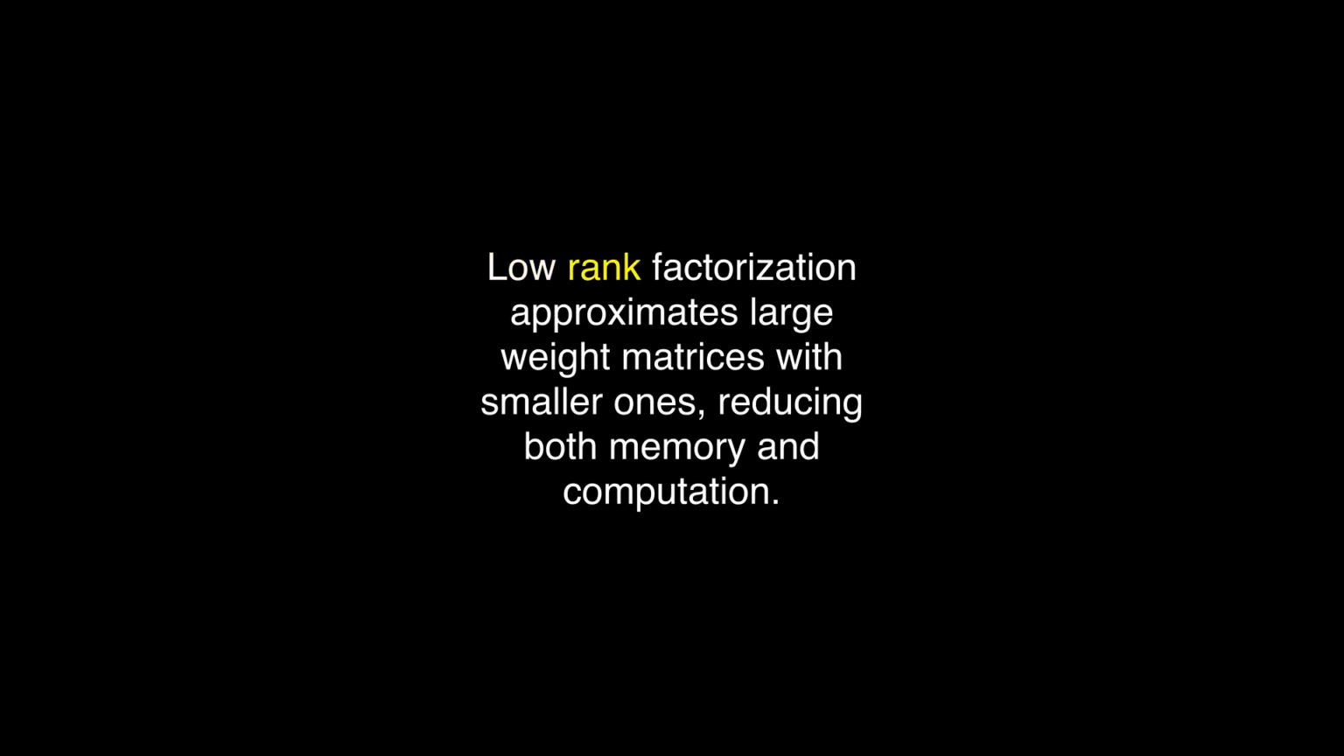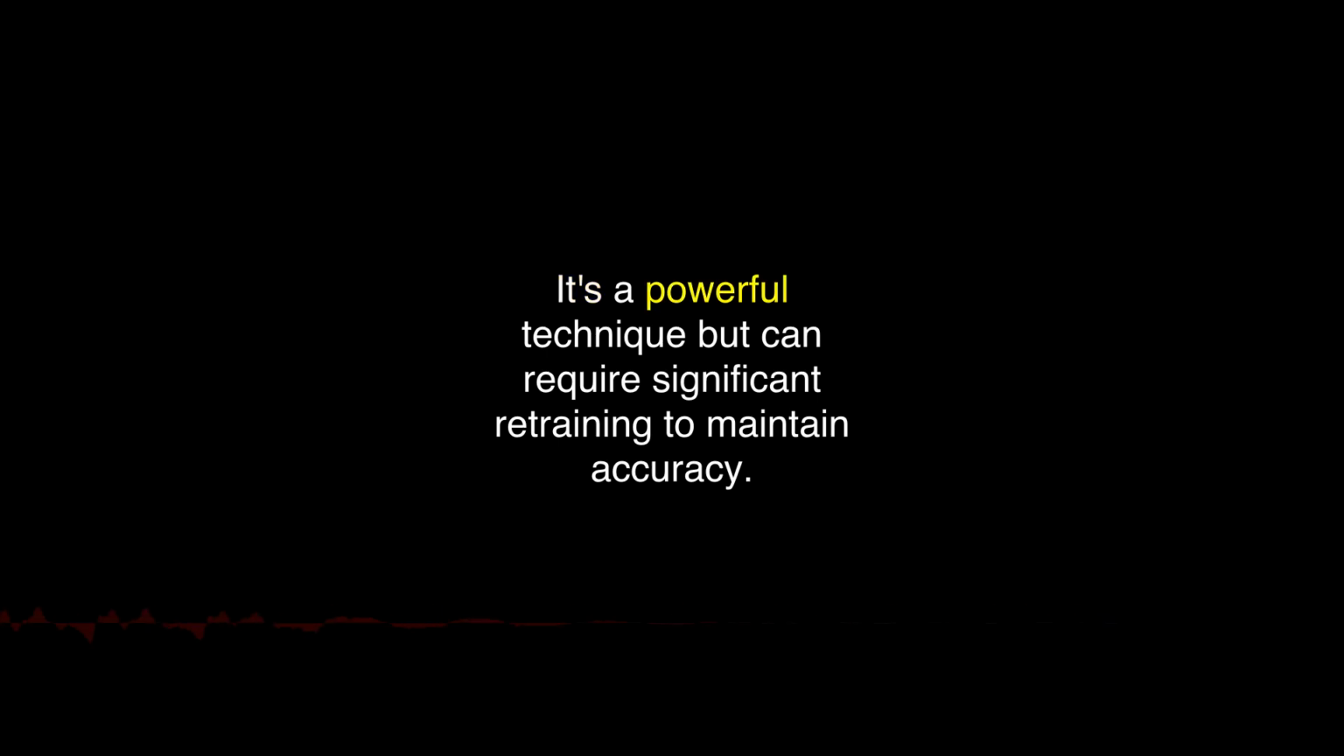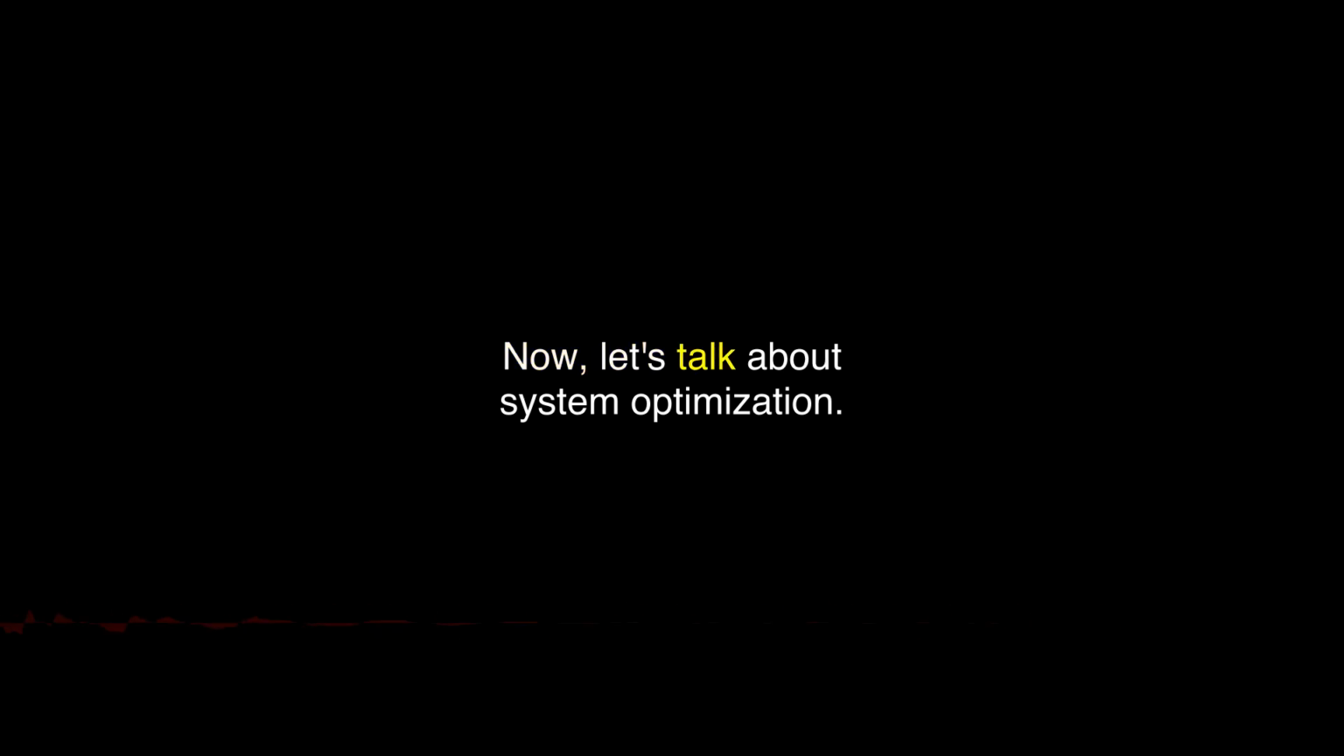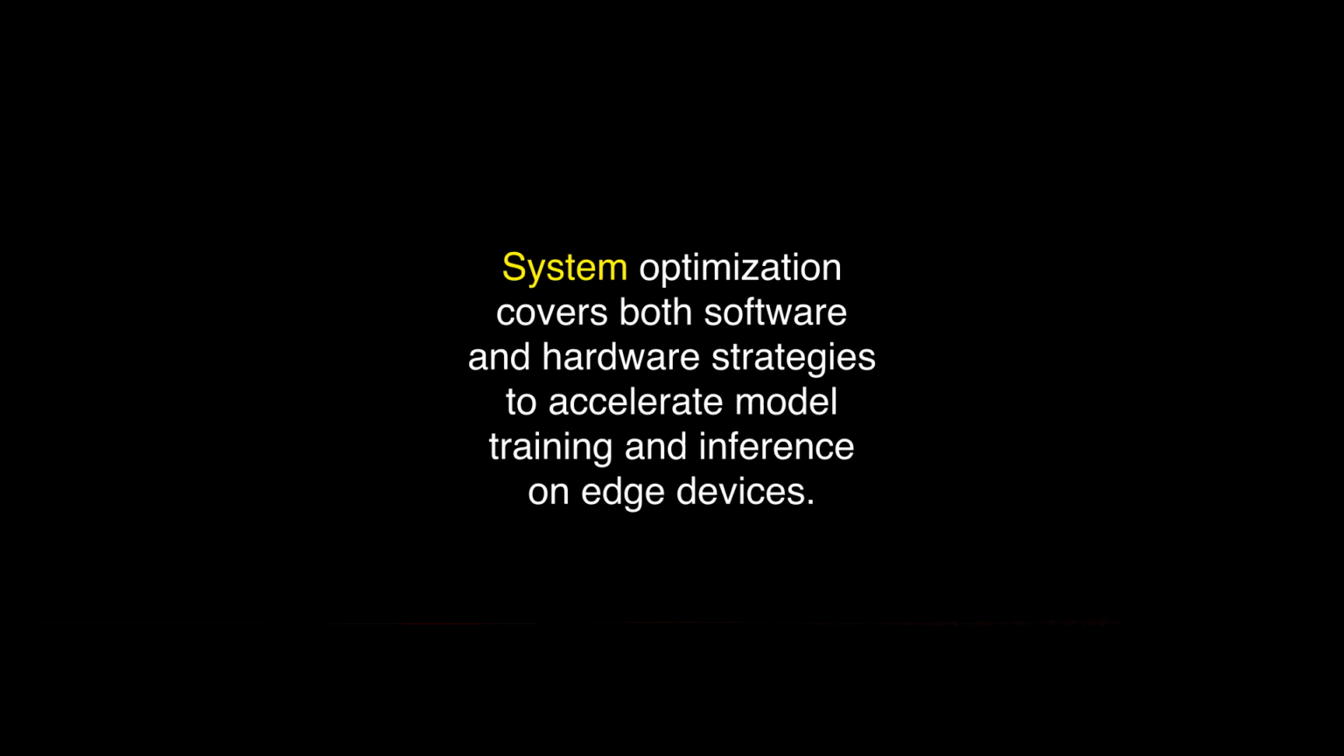What about low-rank factorization? Low-rank factorization approximates large weight matrices with smaller ones, reducing both memory and computation. It's a powerful technique but can require significant retraining to maintain accuracy. Now, let's talk about system optimization. What does that involve? System optimization covers both software and hardware strategies to accelerate model training and inference on edge